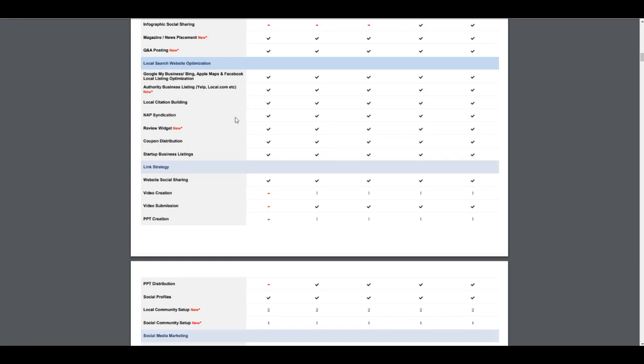And then beyond that, we also have our own directories that we can set your clients up in with the NAP syndication. Review widget is included in every single campaign. And what is the review widget? Well, it's not just a review widget. It's having the ability to have positive reviews show up on your client site, ask people to leave reviews from your client site, but also it's the entire review management portion of the dashboard. So you can allow your client to come into the dashboard, upload their list of contacts, solicit for reviews for their clients through email and text message, and track it the whole 9 yards,